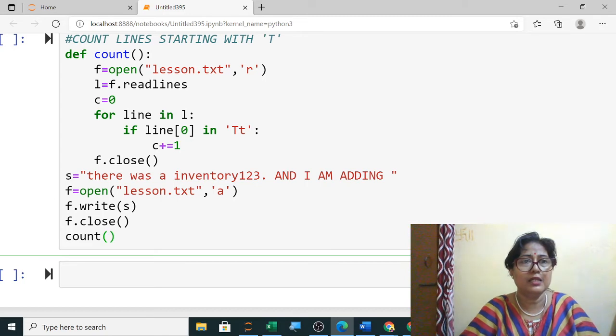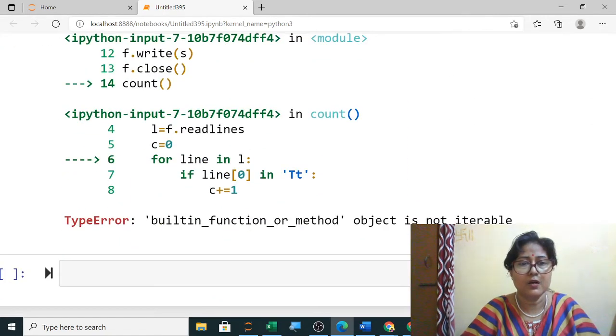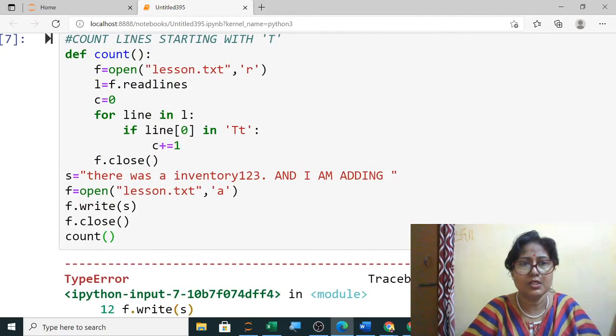Now when you will execute this, it is showing an error at for line in L. What is the error? Anybody? Object. So I will change the name of the object here. Oh, sorry.